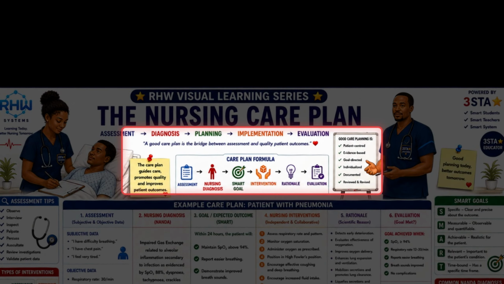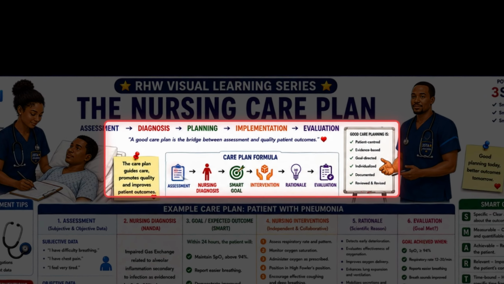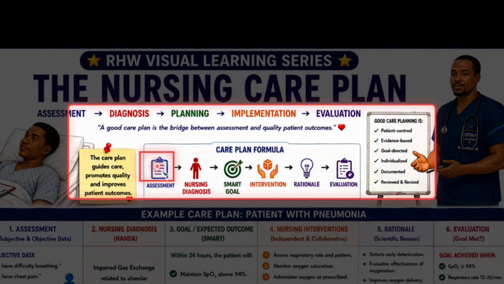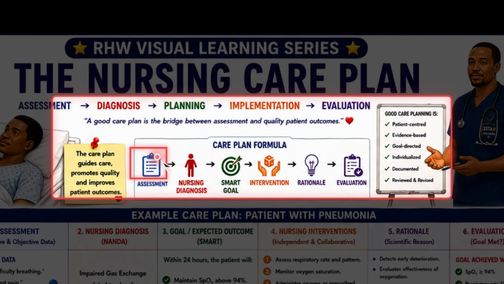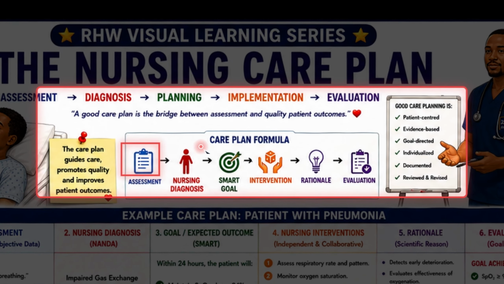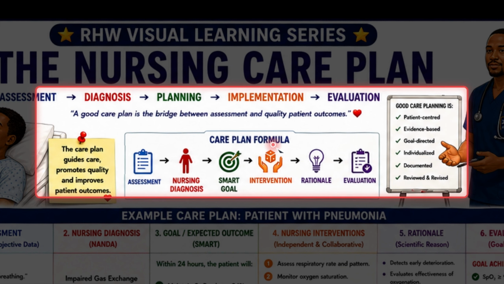Let us analyze the systematic care plan formula. This sequence is the operational backbone of nursing methodology. Step 1 is assessment, where subjective patient statements and objective clinical measurements are gathered. Without accurate baseline data, the entire formula collapses. Step 2 takes that data and synthesizes it into a standardized nursing diagnosis, identifying actual or potential health problems using